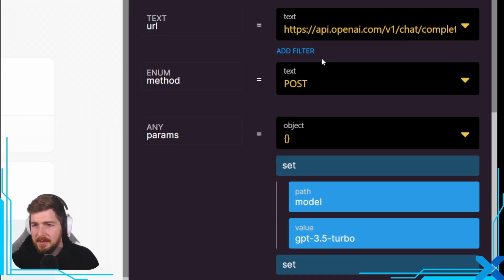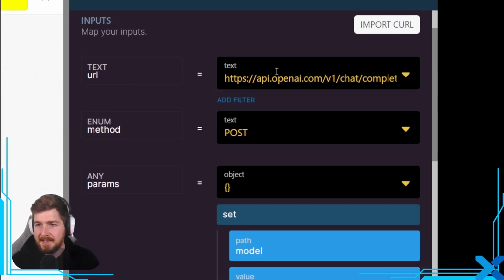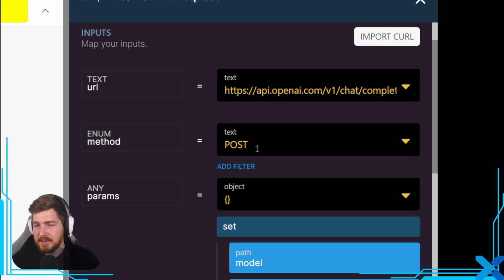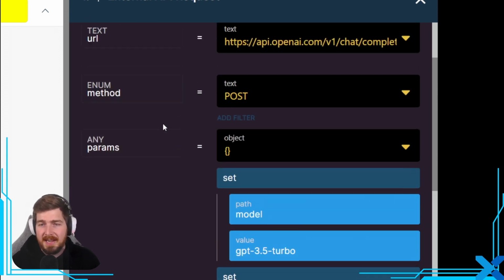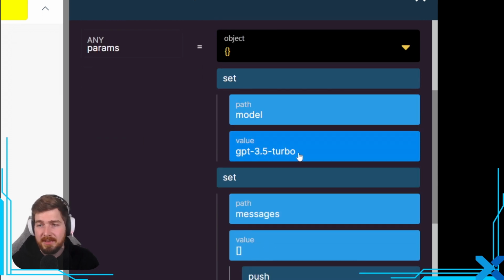Import. You'll see now that what we have is the URL for the endpoint has been added, chat completions as seen before. We've also got the method, so we're posting, which is perfect. And in our body, it's created the object, and it's also added within the object the parameters we require. So we've got the model being GPT 3.5 Turbo, and